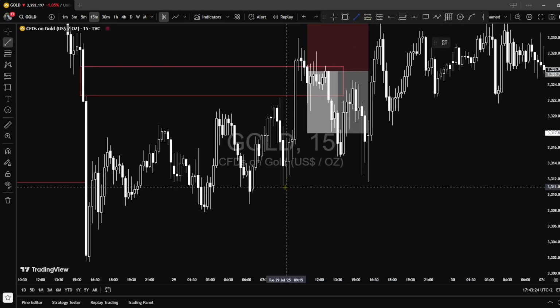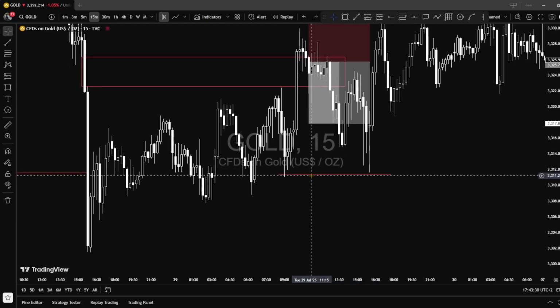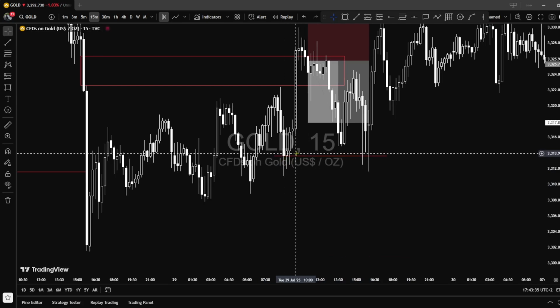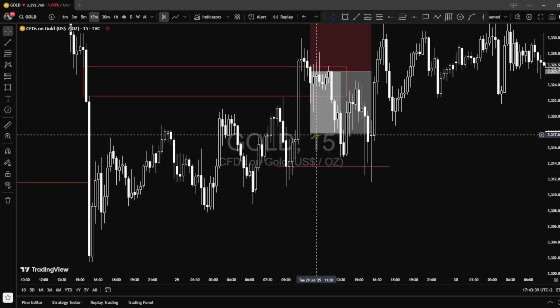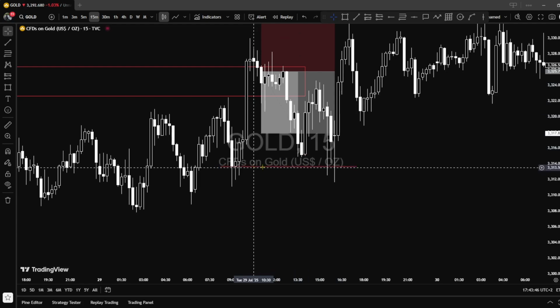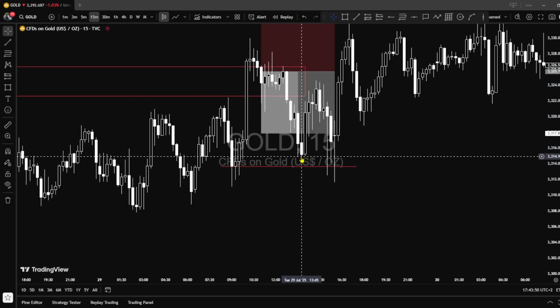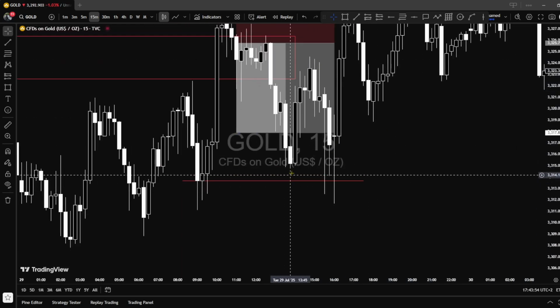My take profit was initially at this low over here, but I ended up moving it further above, to the body of this low over here. Why I did that was because I saw the price came down first and then it went up. So it left my TP at this low, then it left us another low. So I saw the price is first going to come down and then